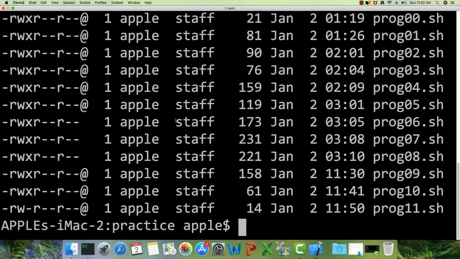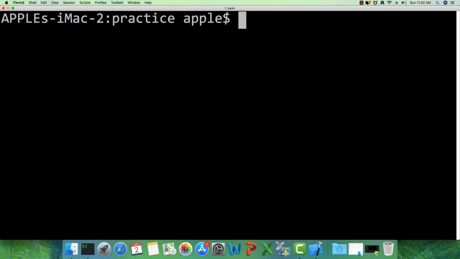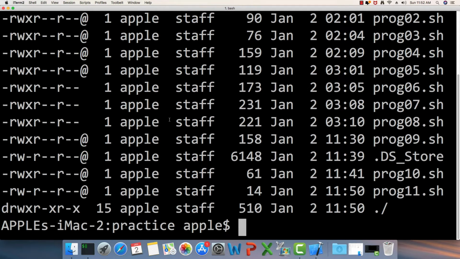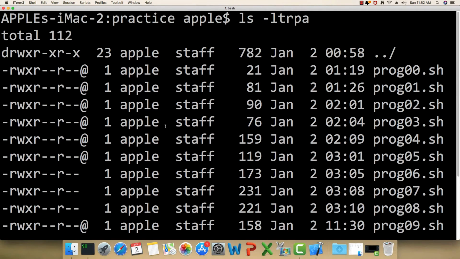So we can pass various types of arguments or parameters to this command, like ltrpa, and it is going to give us different results. The action of passing the arguments or parameters is known as command line arguments.